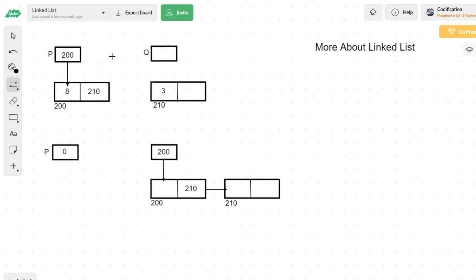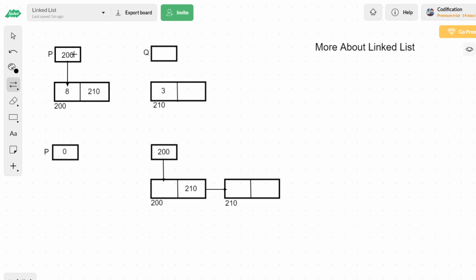So we want the address to be stored. Where is the address? How do we get the address of it? The address of this particular node is only available in the pointer called p. Now how do we take that address and store it in q? This 200 is the address, but for the pointer p it is a value because you are storing it inside p. So this is the value of p, but it is also the address of the node. But here, when it comes to the pointer, it is a value which is inside.